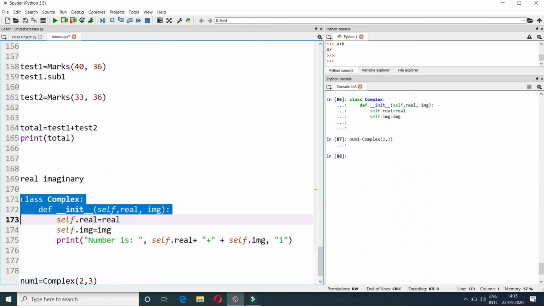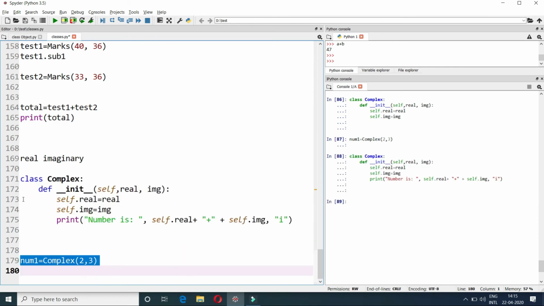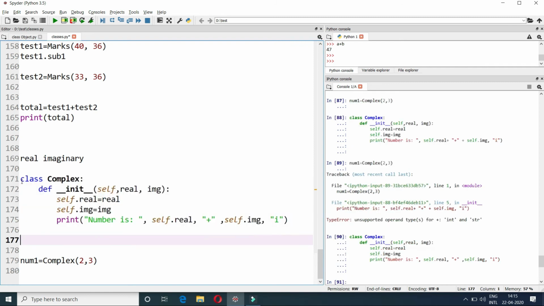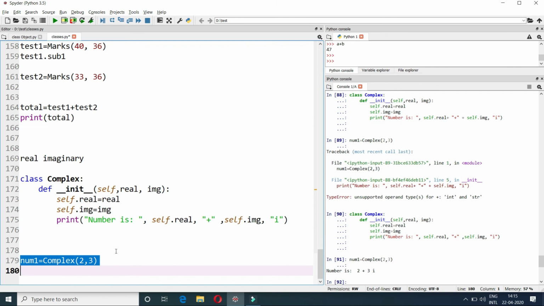Let's run this once and see. It shows an error, because while printing I have done self.real plus a string plus self.imaginary, so it is trying to add an object with a string value, which is not allowed as such. So let's work with commas only, and this works fine.